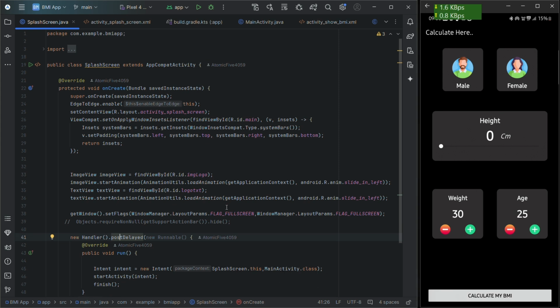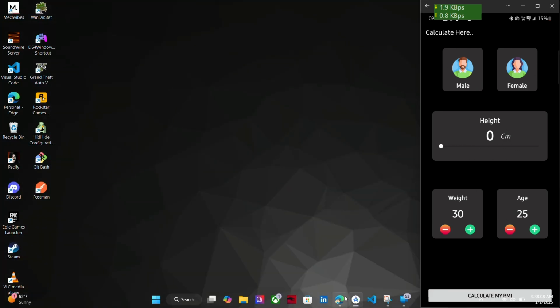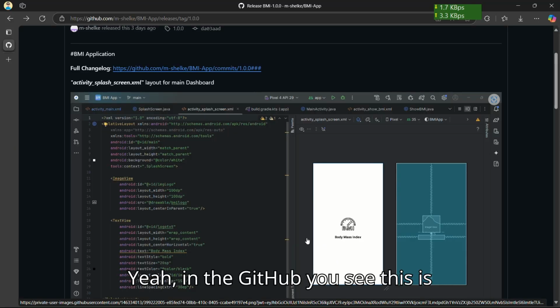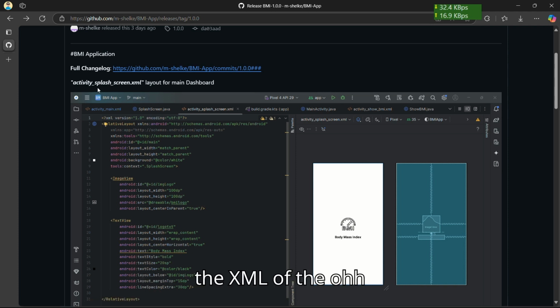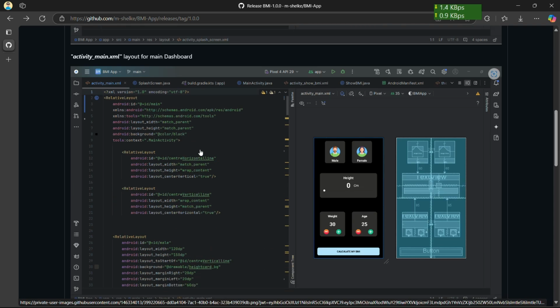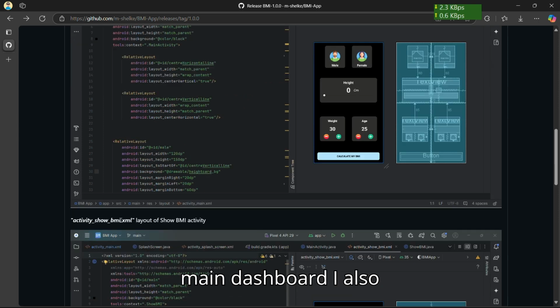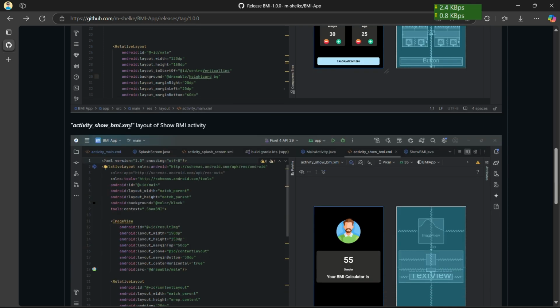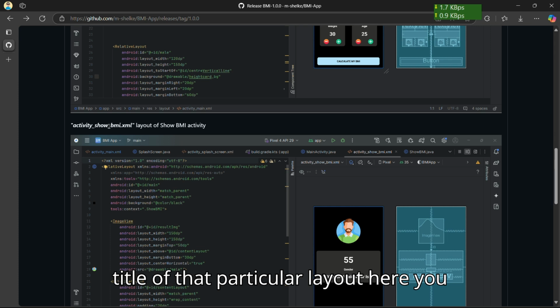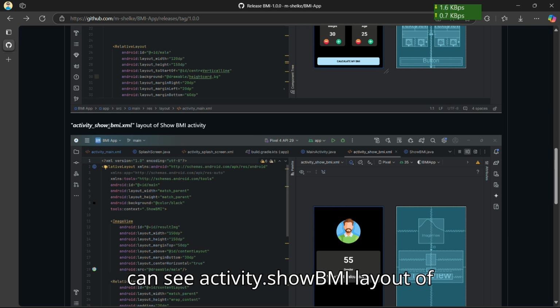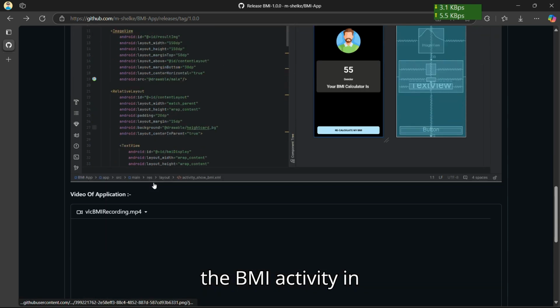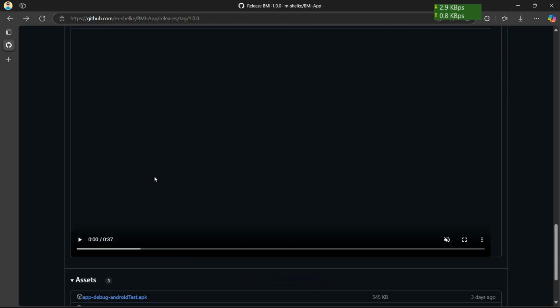Okay, let's jump to the GitHub. Yeah, in the GitHub you can see this is the XML of the splash screen activity, and this is the XML layout of the main dashboard. I also specify all the image views, sorry, not image view, images with the title of that particular layout. Here you can see activity show BMI, the layout of the BMI activity. In the last, we give